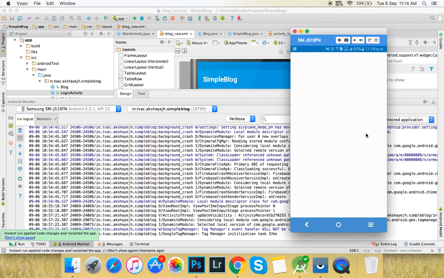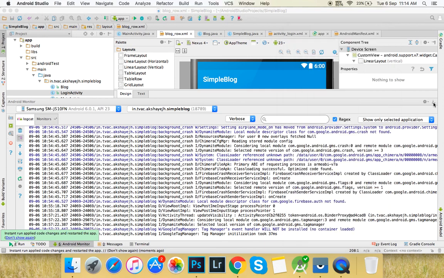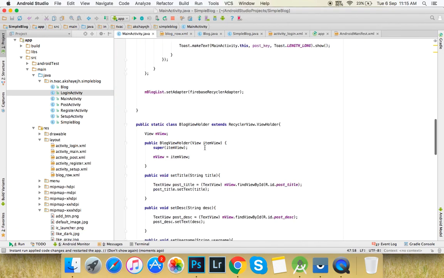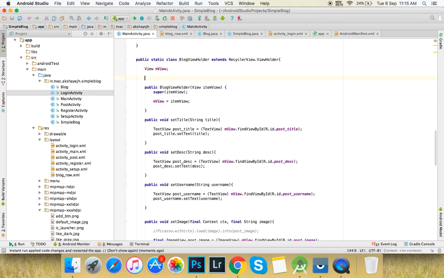So the app is running now, and here you can see that each post has a like button over there. Now we need to add in the functionality. So I'm going to go to the main activity where we have created our blog view holder. Now inside the blog view holder, I'm going to add in